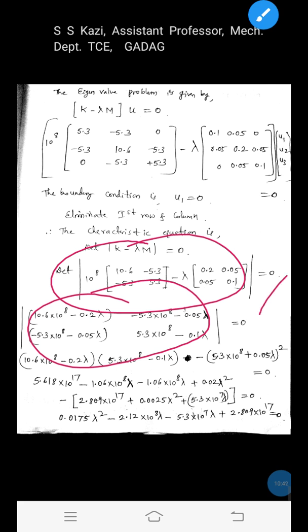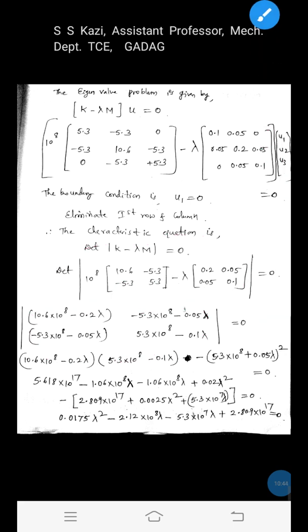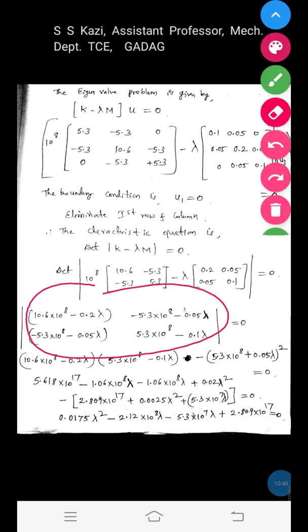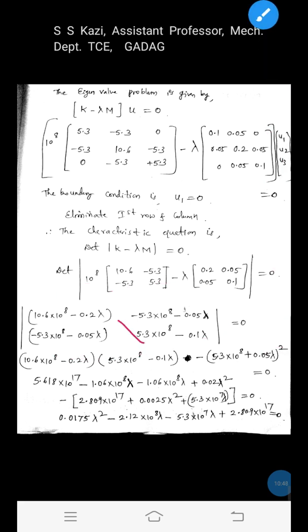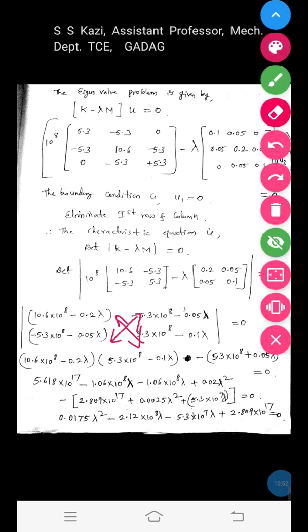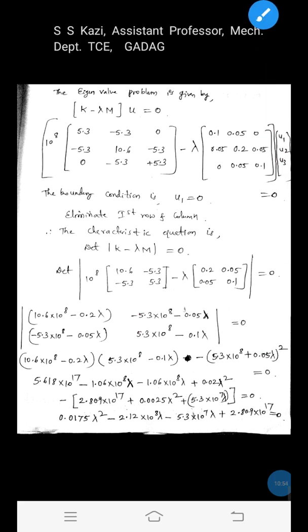once you generate the determinant, equate it to 0. After that, this determinant you solve. How do you solve it? Product of these two terms minus product of these two terms. Okay. Now you take the product of these two first, like this. After that, minus of